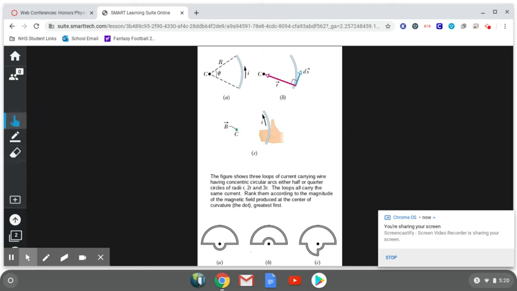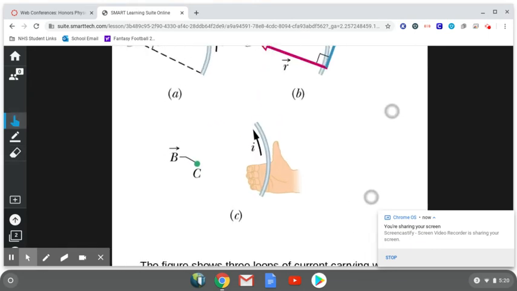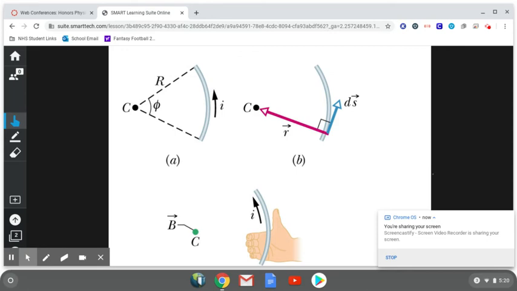Okay, and we're back. If we look at what they're trying to show you here with these, they're just trying to show you in part A that you have a current going up and to the right, and they're asking you to analyze it at point C over here. And then for part B, what they're showing you is this little point here, ds, would just be like what